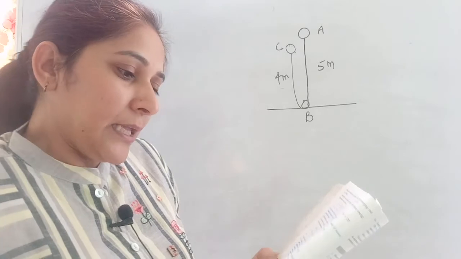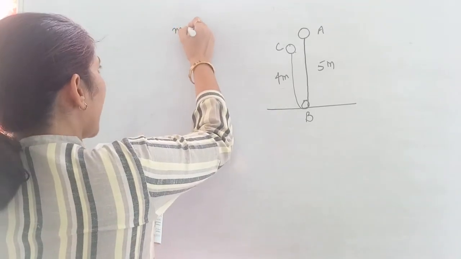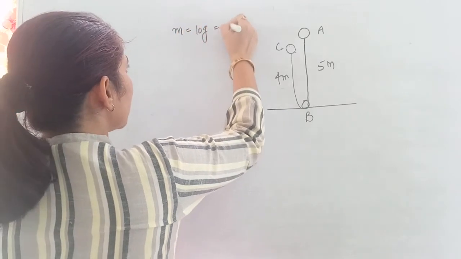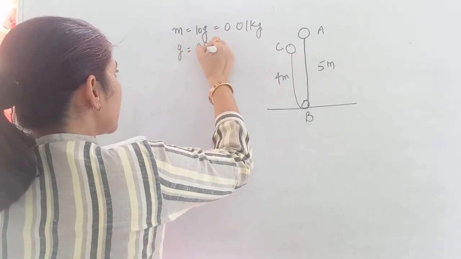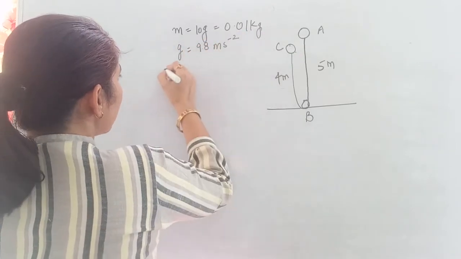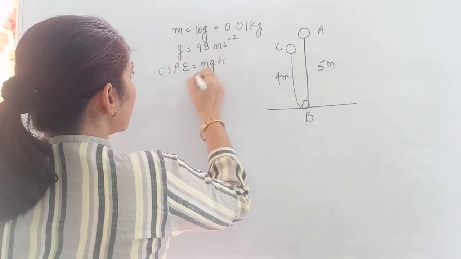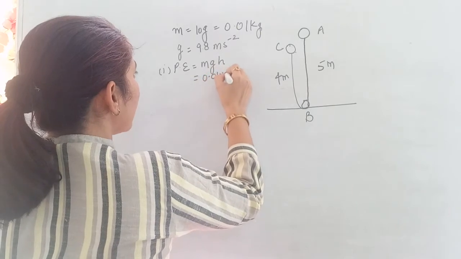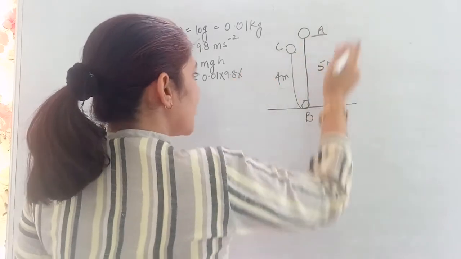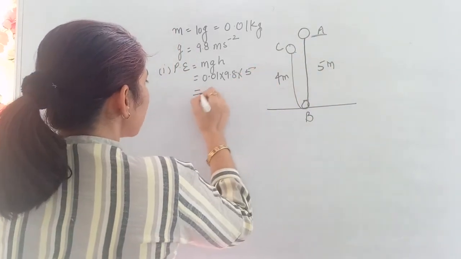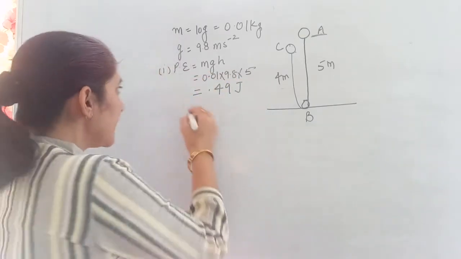The initial potential energy of the ball, first we need to find out. Mass is given as 10 grams, so first we convert it into kilograms, 0.01 kg. g is given as 9.8 meter second inverse. They are saying in the first part find out potential energy, that will be m into g into h. Mass is 0.01 into 9.8, and initially the ball is at A, so h is from A to this position. This is 5. So this is 0.49 joules. Right. The second is